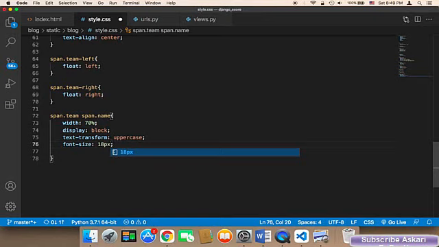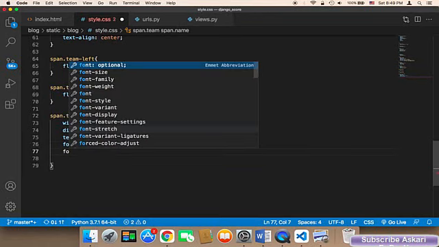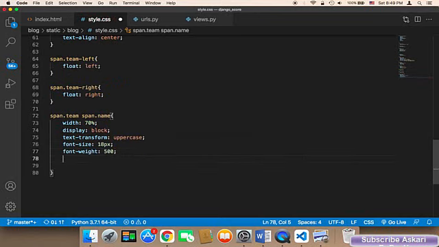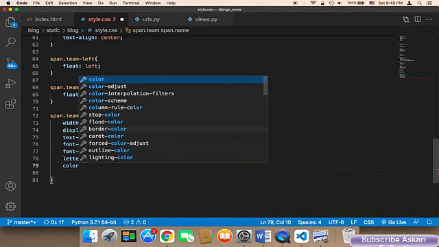And this is for the text. For the font weight, I'm going to change the font weight to be 500. And the letter spacing, we want to add some spacing between the letters. It's going to be 1px. And the color of the text is going to be